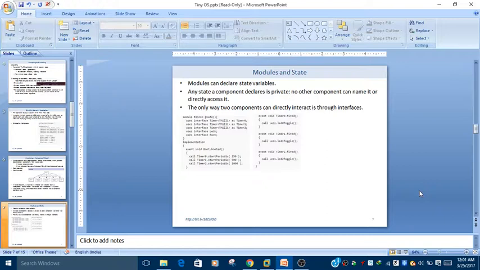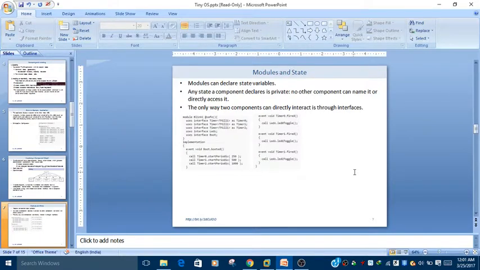No other component can name it or directly access it. The module is nothing but components. In order to achieve one module, we can have different components, and each component can have different states, or some private variables which are used as the state of that component.